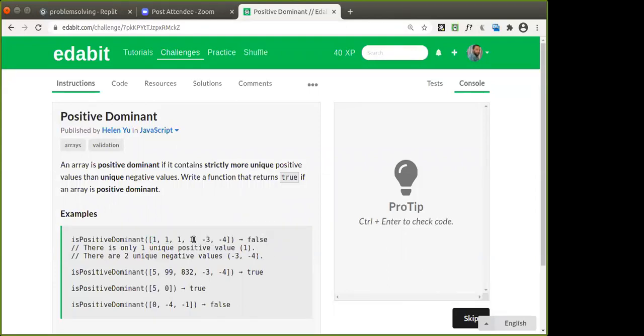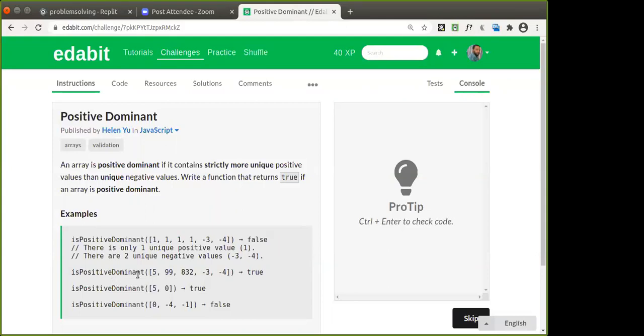Why? Because how many unique positive numbers are there? There is only one. Then there are minus 3 and minus 4, two negative numbers. So it returns false. It is not positive dominant. It clearly shows there is only one unique positive value, 1, and two unique negative values, minus 3 and minus 4. So there are more negative values than positive values.